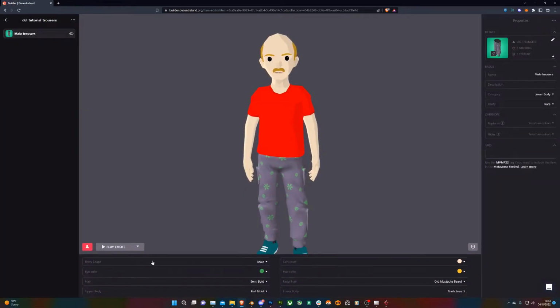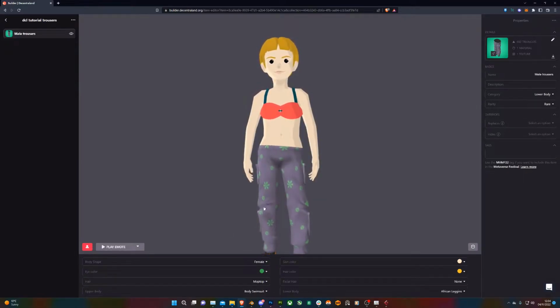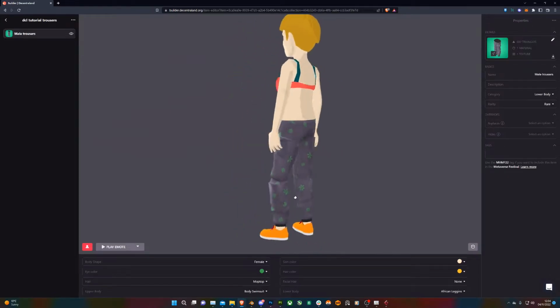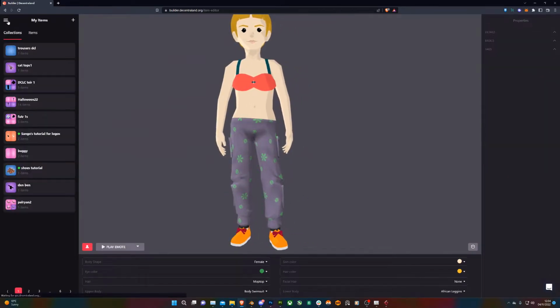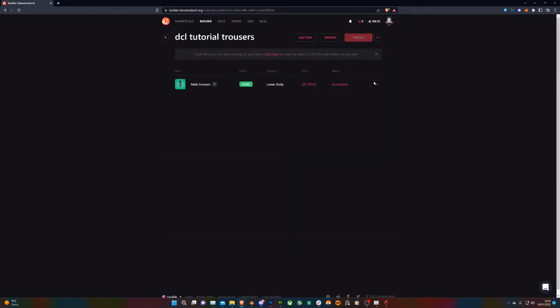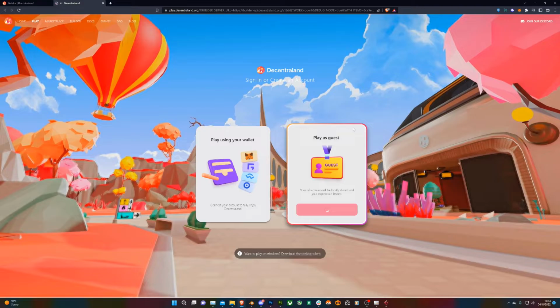We can test them out as well. Female. Yep, looking good so far. Now if you go back to the collection, click these three red dots and go see in world. This is going to take us to the test net of the Genesis Plaza where we can actually play with